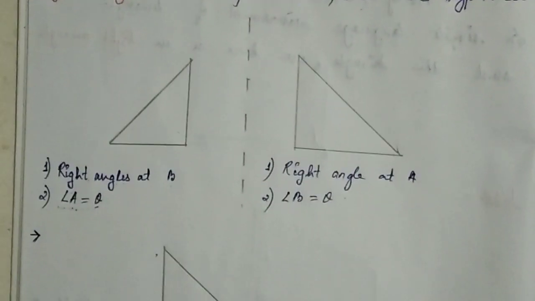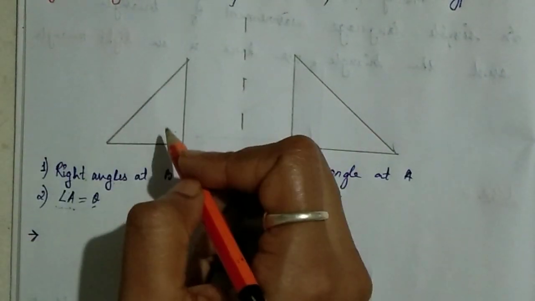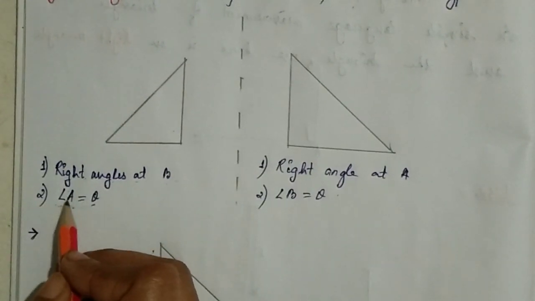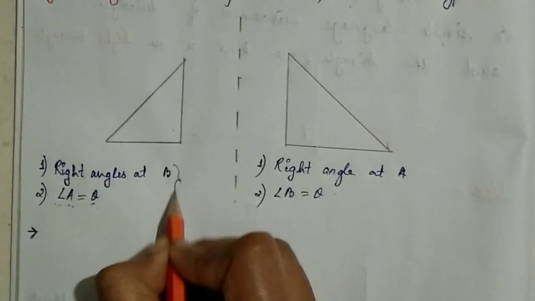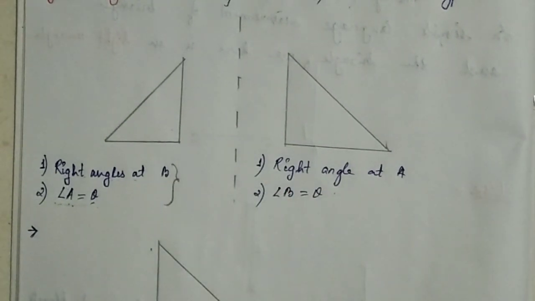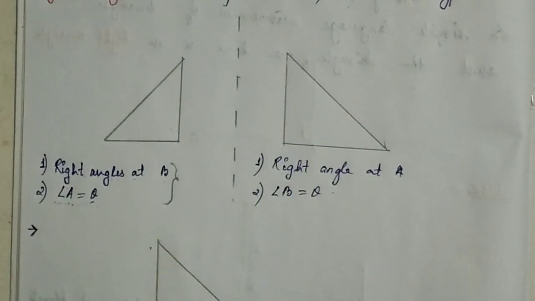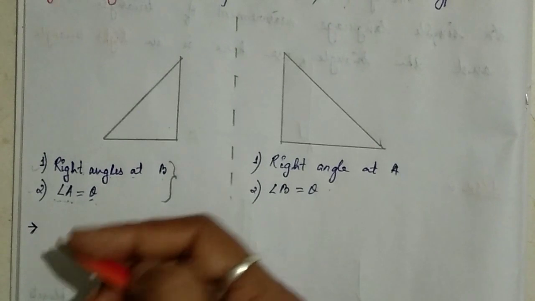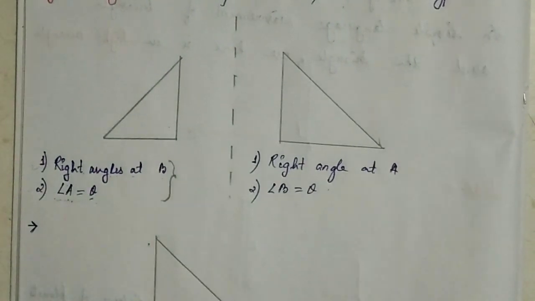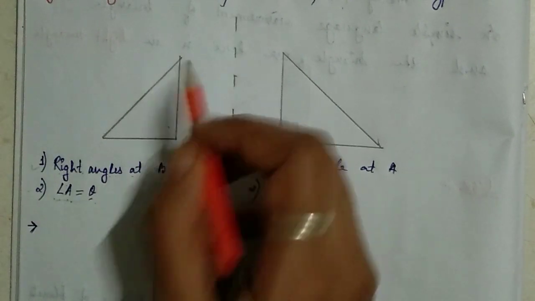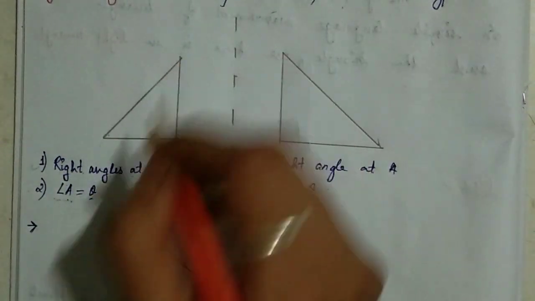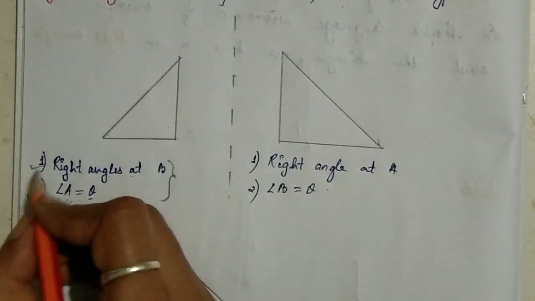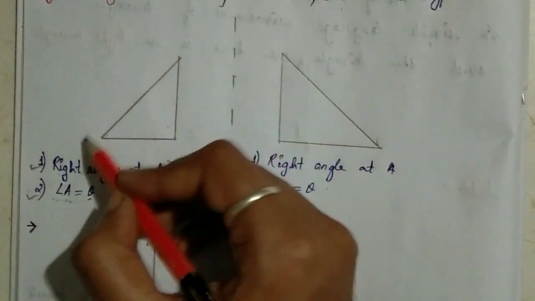Now let us totally focus on this example. Here I have written two lines: right angle at B, and angle theta. My main focus is that whenever we start discussing the exercise or solving the examples, we will see this line, and at that point we should know what this line means. In some cases in a right triangle, the names of the angles or points are already given, so in that case we don't have any problem. But in some cases we are just given these lines, and we have to give names to the right triangle.